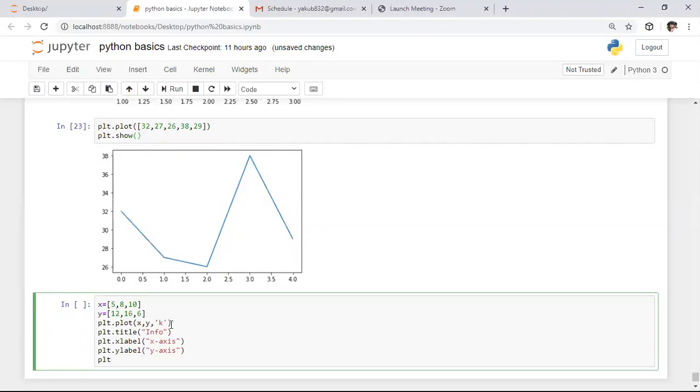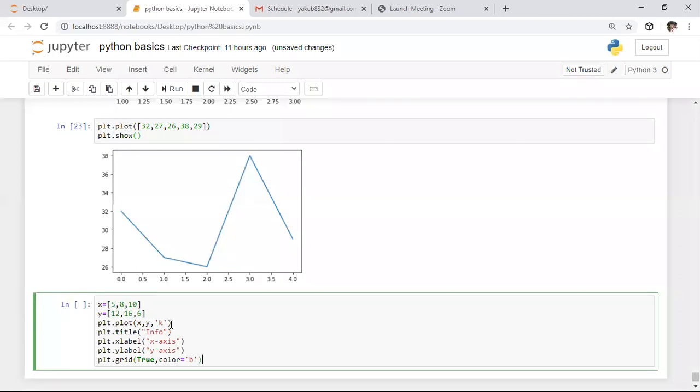In this grid function, first you need to specify the attribute as True, so that you observe the output in the form of grids. And if you want to set the grid color, we need to use the color attribute. By using the color attribute, here I'm specifying some blue color, so I want to get this linear graph in blue color.